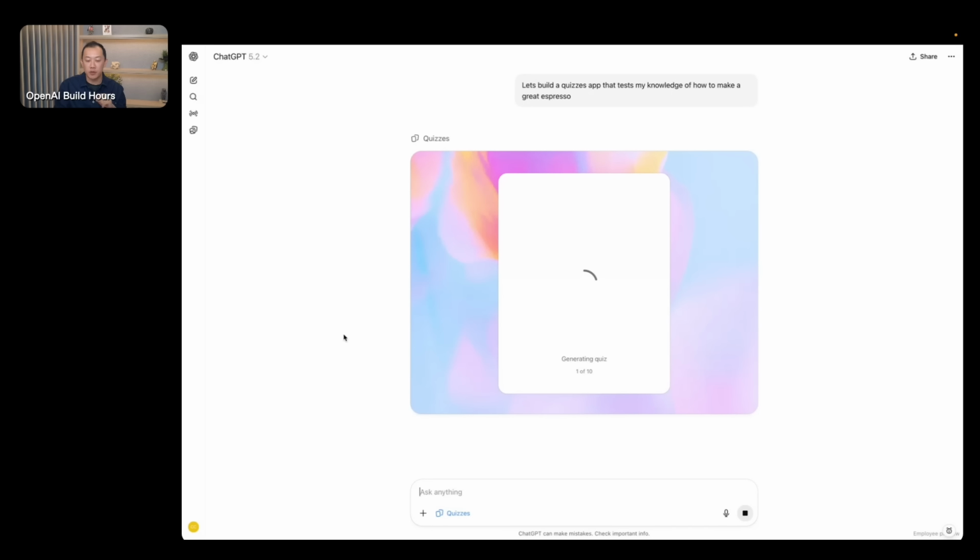So one thing interesting about the quizzes app is all the content in this UI here is dynamically rendered. And we did that by creating just the structured output within your tool response so that the UI knows how to exactly render out the content based off of the context it's provided in. So all of the generation here is only done dynamically, and nothing needs to be necessarily stored in the backend. So that's one paradigm you could add into your app if you want to have dynamic content.